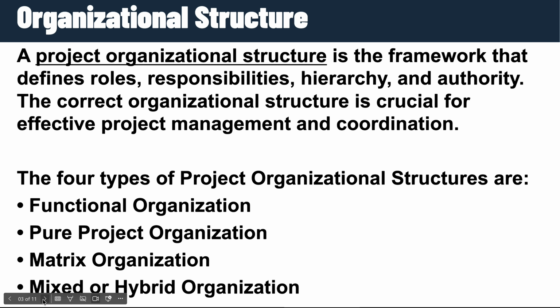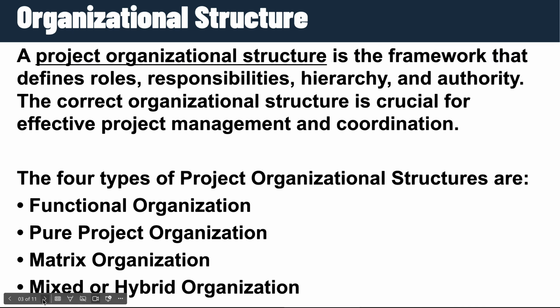A project organizational structure is a framework that defines roles, responsibilities, authority, hierarchy, and communication channels within a company. Choosing the correct structure is critical for effective coordination, decision making, and resource management. There are four types of project organizational structures. 1. Functional organization. 2. Pure project organization. 3. Matrix organization. And 4. Mixed or hybrid organization. Each one of them has its own advantages and disadvantages depending on the company's size, goals,